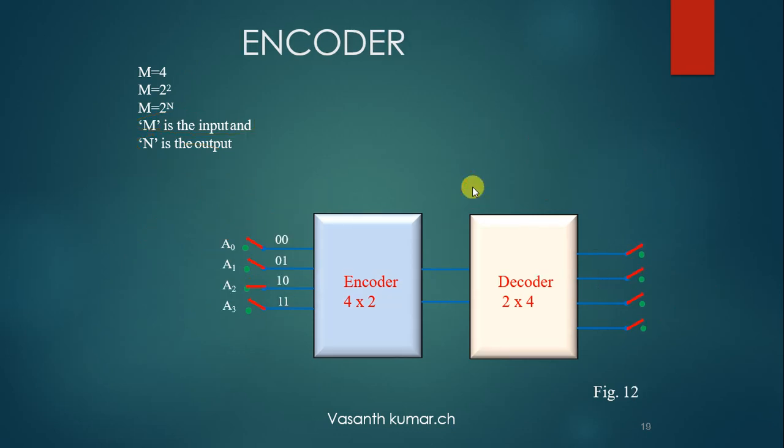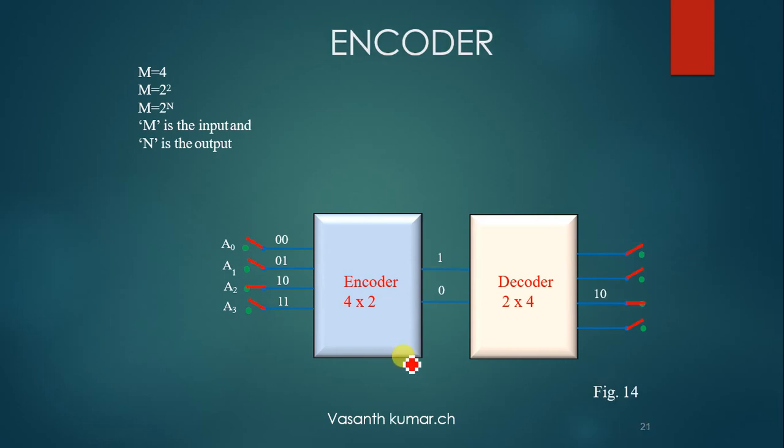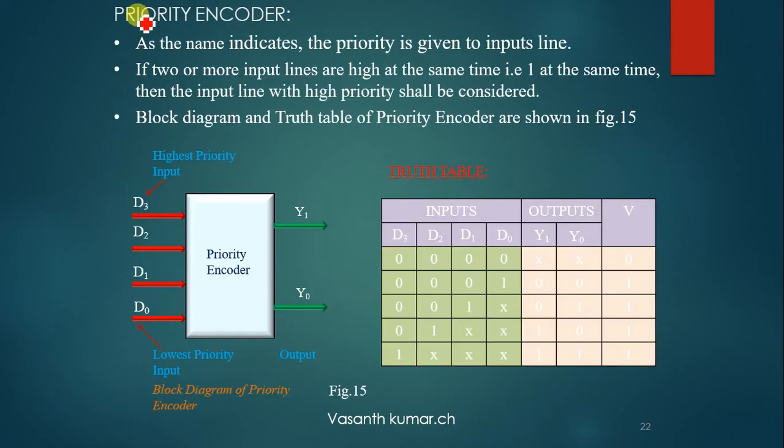Okay, let us check an encoder. So we have a priority encoder. That means the very first type of encoder, where it will prioritize the inputs based on multiple factors. Here the priority factor is the significance of bits. This is the LSB, which is the lowest priority input, and the MSB, which is the most significant bit, or highest priority input. That means whenever D3 comes, D0 will be suppressed. That means D0 will be considered the least.